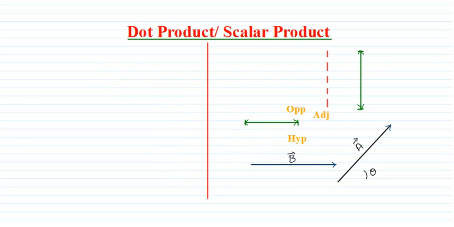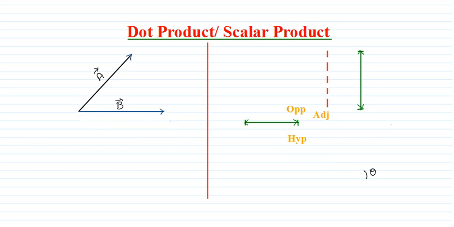In order to perform dot product, I'm taking two vectors. I'm taking the first vector as A and the second vector as B, and these two vectors are separated by an angle theta here. Now this vector A is nothing but the magnitude of A and its unit vector along the given direction A. Similarly, vector B is represented as the magnitude of vector B and the direction along B. These are some arbitrary directions that I have taken.